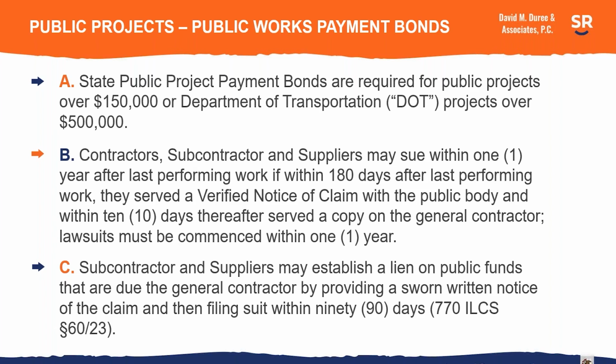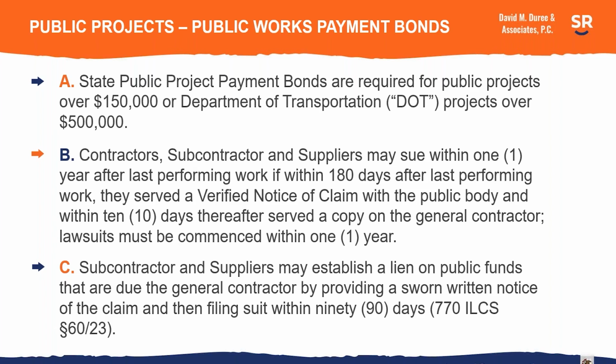The Mechanics Lien Act establishes a lien on public funds that are due the general contractor from the owner. To establish a lien on public funds, a supplier or subcontractor must give a sworn written notice of the claim. Now, there's no deadline for serving the written notice of claim, but it doesn't apply to any funds that the owner, the public owner of the project, has already paid the general contractor at the time the sworn notice of